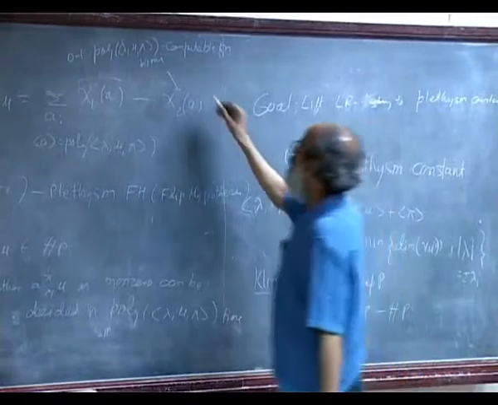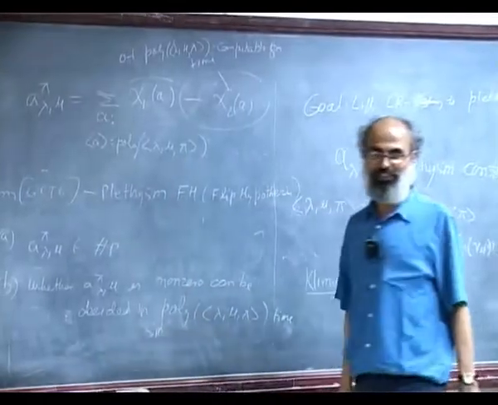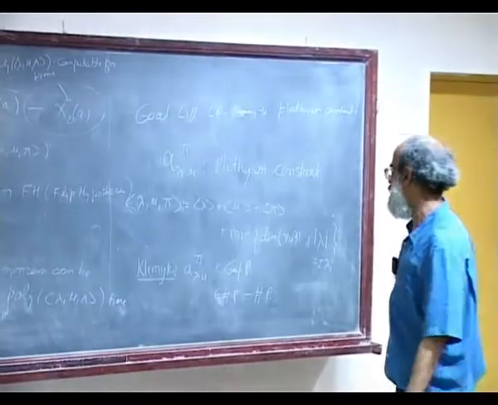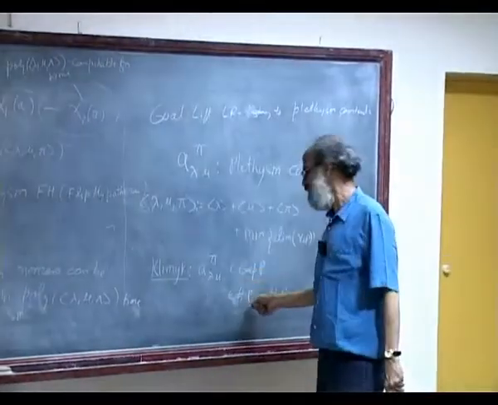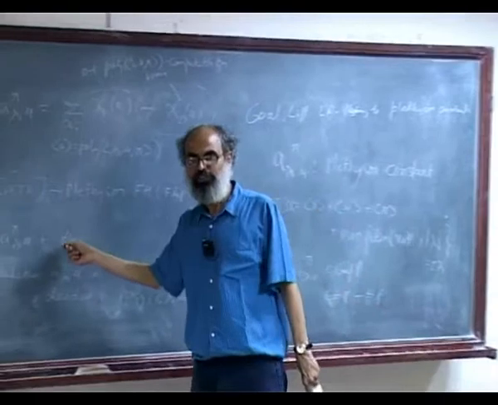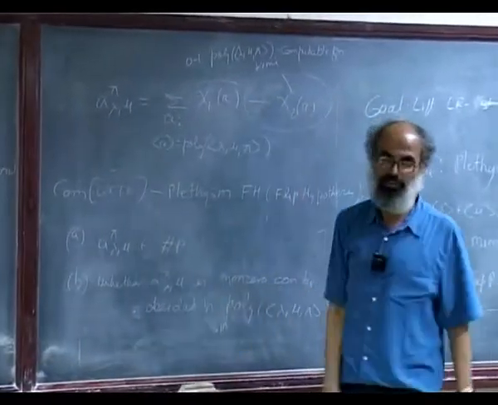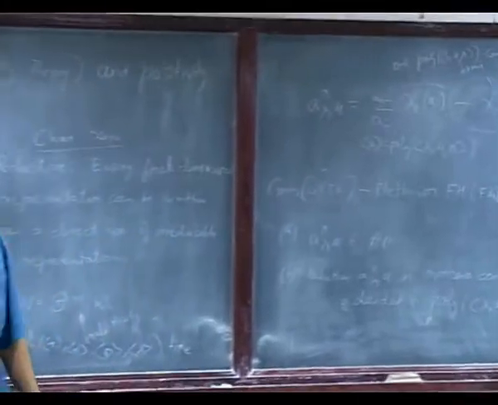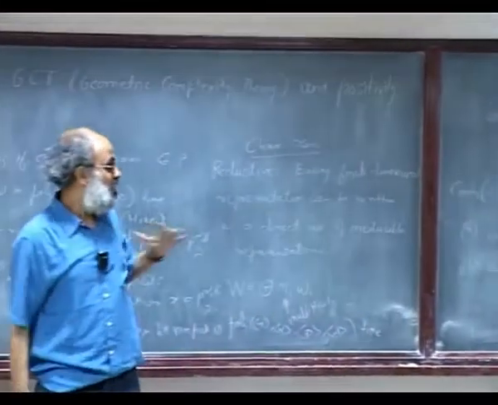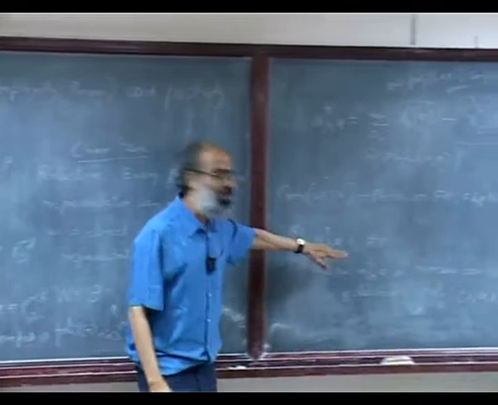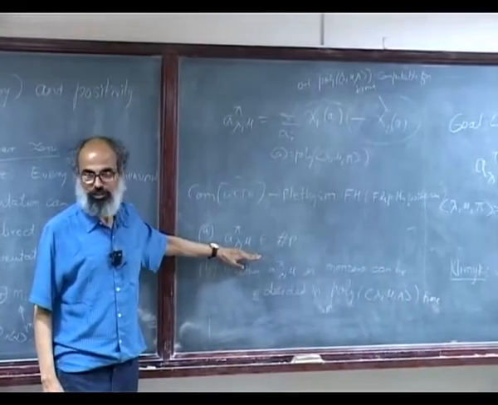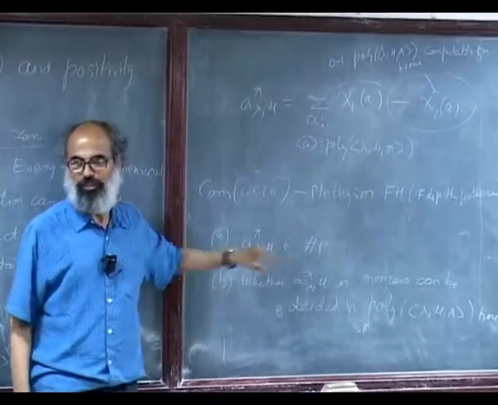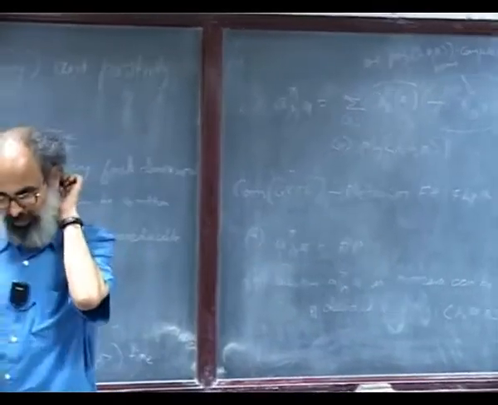So, what we really want is to take out this cancellation. If we can take that out, then that would say that this is in #P. That is precisely what it says, that this cancellation can be removed. But removing that cancellation is precisely the hard part. So, this would then be the generalization of the Littlewood-Richardson rule in the Plaithism setting, and this is a pure complexity theoretic statement.